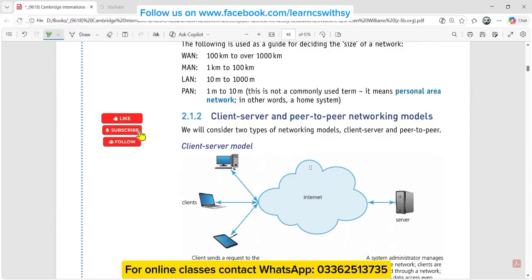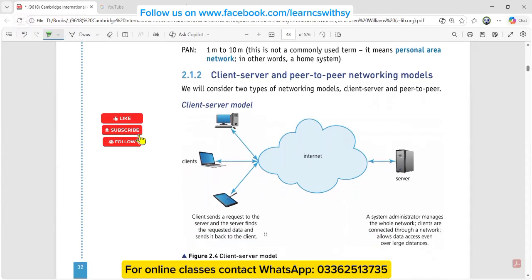For example, if I am using my mobile phone and accessing some of my bank information, then again I'm a client, and I'm a part of the client server model. So just be clear about this whole process and what is happening. The client is sending a request to the server, and the server is finding the appropriate data that it can send back to the client so that it can be serviced.